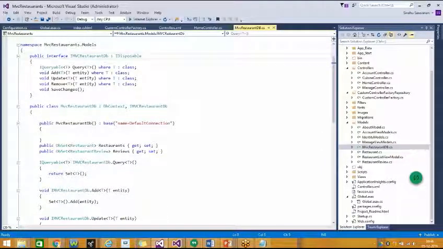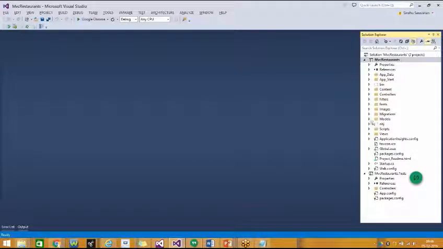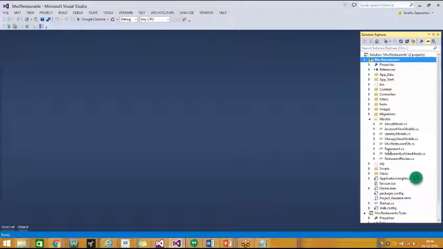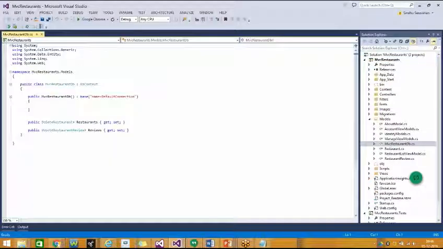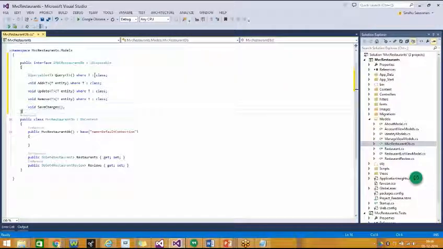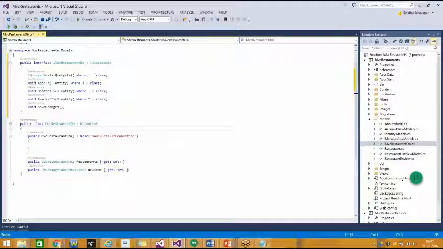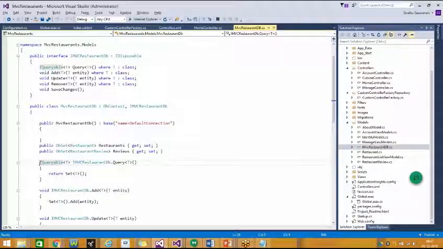So let me take it in steps. Let me first introduce an interface. So I go over here. I want to open up MVC restaurant DB, and in my MVC restaurant DB I want to have an interface. So this is the interface that I would have, and what I want to be able to do is, I know I'm inheriting from DB context, I also want to implement this interface. So I do this, and when I implement this interface, I know that in addition I would have to implement